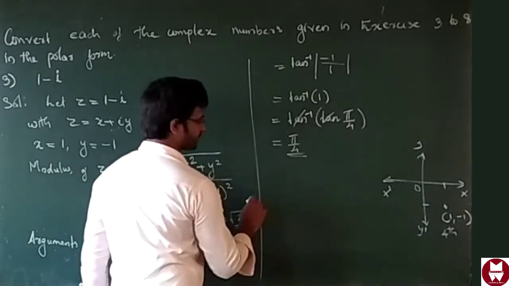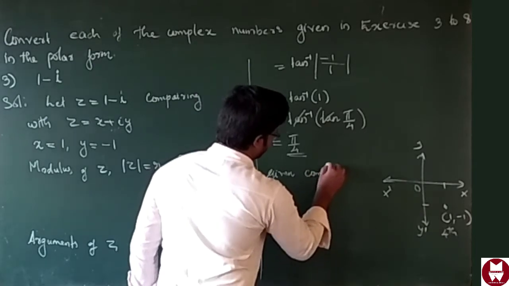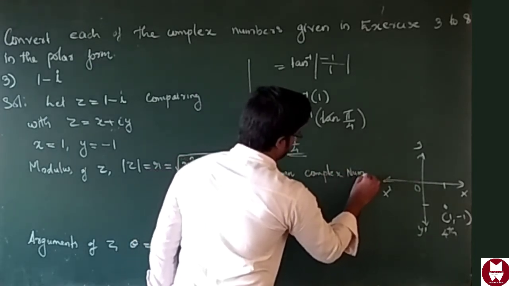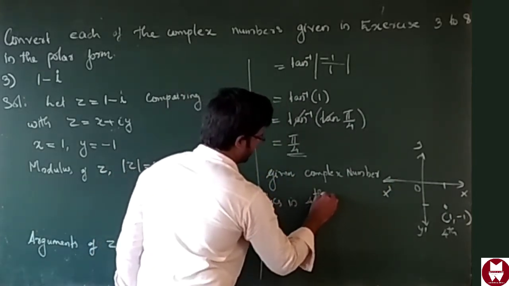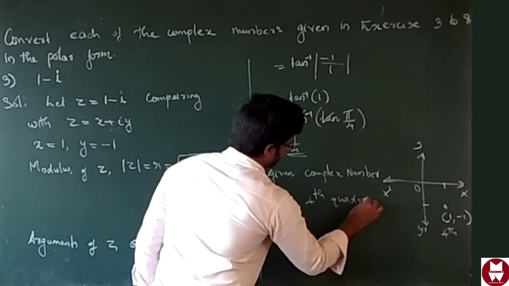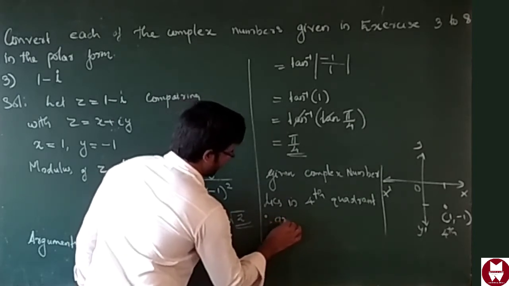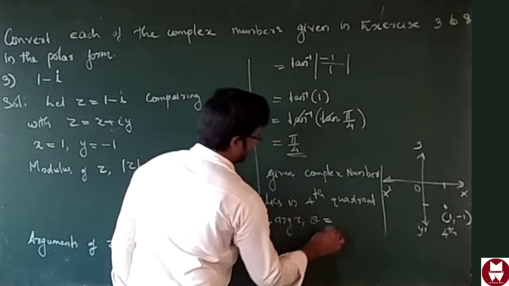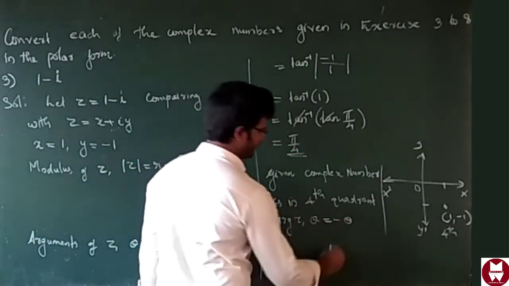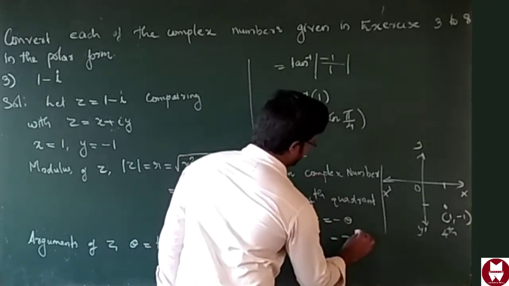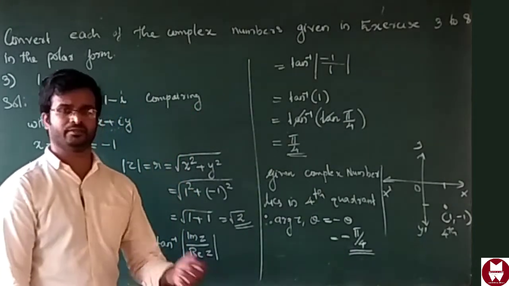We can write, the given complex number lies in fourth quadrant. Therefore, argument of z, that is theta, in fourth quadrant will be minus theta. Just take minus theta equal to minus pi by 4. In fourth quadrant, we can take minus theta only. Then what is our question? We have to find out